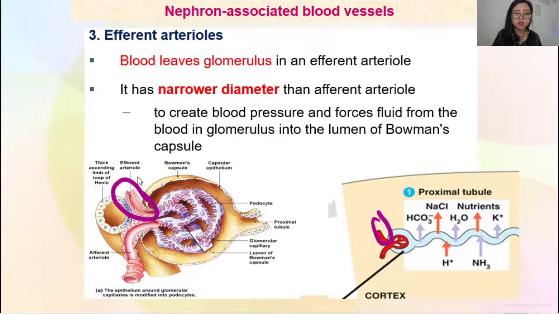Blood vessel yang seterusnya adalah efferent arteriole. Efferent arteriole is where blood leaves the glomerulus. It is narrower in diameter than the afferent arteriole. This is to create a blood pressure and forces fluid from the blood in glomerulus into the lumen of Bowman's